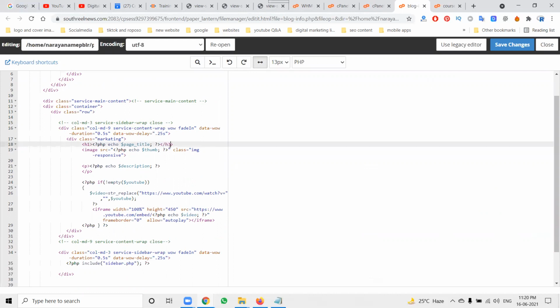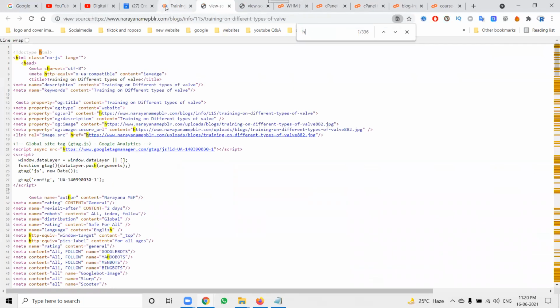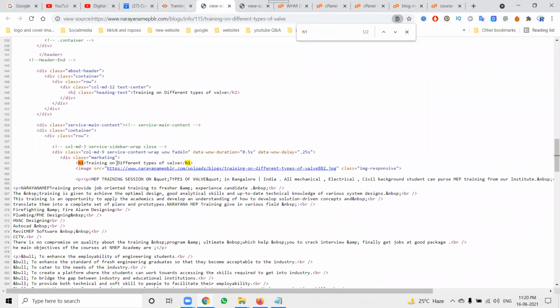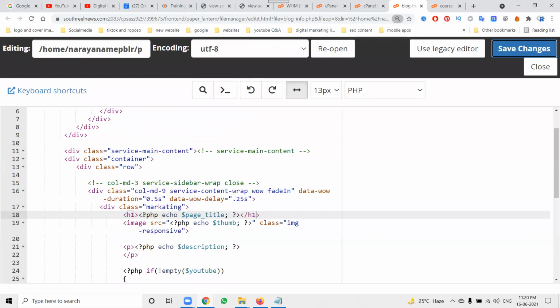So we can shift it to the H1 tag. On each page, the H1 tag is a mandatory field. If any page is missing it, just refresh the page, go to cPanel, and add the H1 tag. Compulsory, where your title is exactly. That is the PHP echo page title, which will be the H1 tag. There should be one H1 tag on each page, and fewer than 3 H1 tags is important.